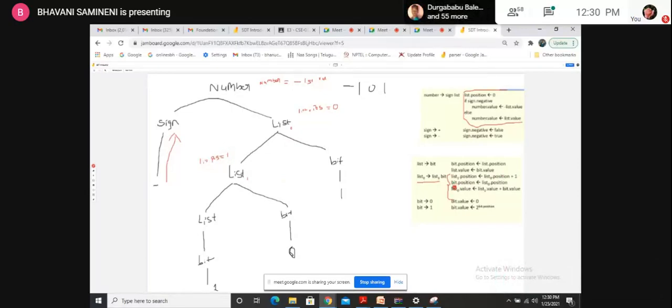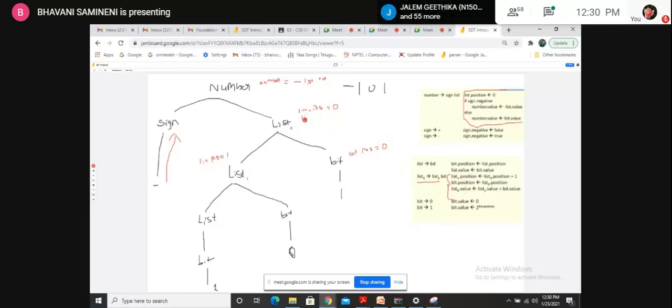This 0 plus 1 will be getting 1. Okay. And now we have to fill bit dot position. So bit variable is here, right? So now I'm creating attribute value of this bit. So bit dot position is equal to, what is the list 0 dot position? 0, right? So the 0 I'm writing here. Okay. And we have to fill this value. What is this value?